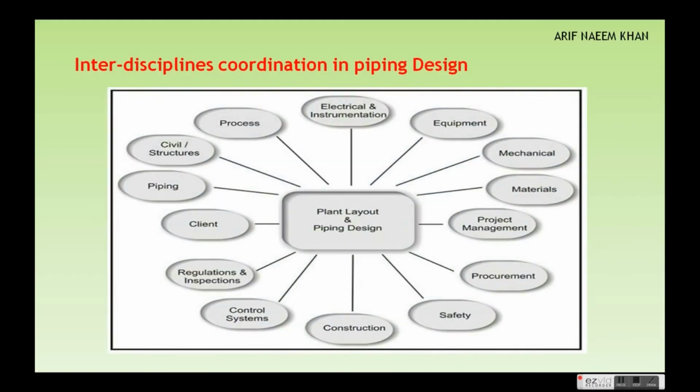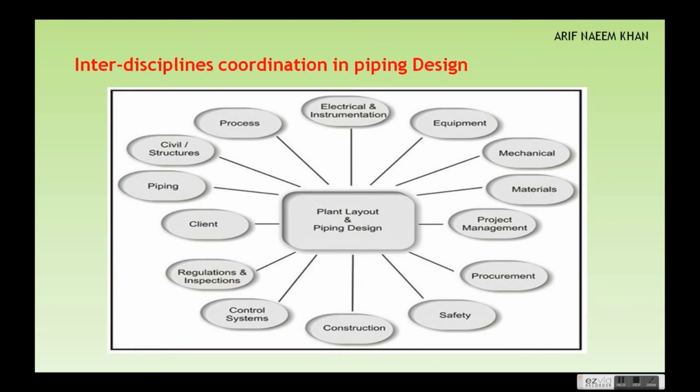Interdisciplinary coordination. When you do piping on either 2D or 3D software, particularly in 3D software, the coordination is much greater compared to 2D. In 3D, piping needs to coordinate with all disciplines. As you can see in this picture, electrical and instrumentation have to give their input: electrical cable trays, instrumentation cable trays, electrical panels and instrumentation panels should be properly conveyed to piping so that there wouldn't be any clash. The mechanical engineer would provide the latest information based on vendor drawings for the equipment. The material engineer will provide complete information for the material database.